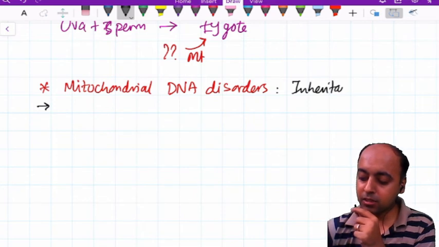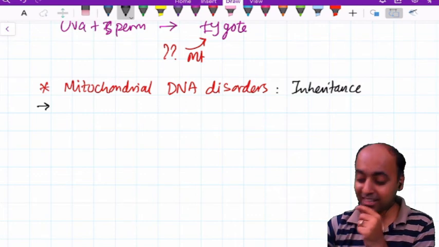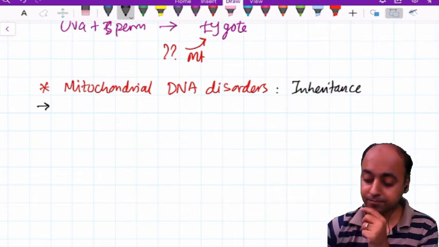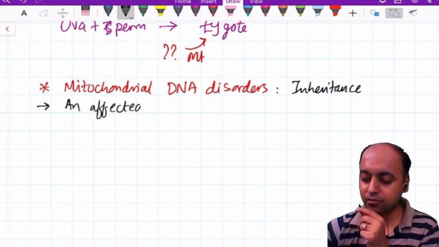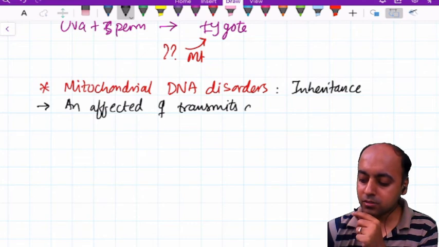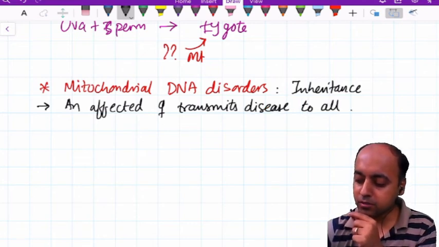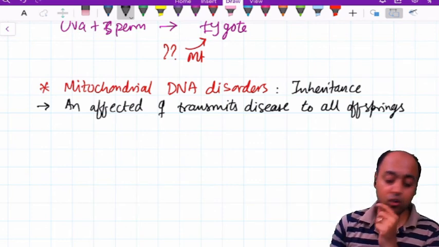When we examine the inheritance pattern, we find an affected female transmits disease to all offsprings,